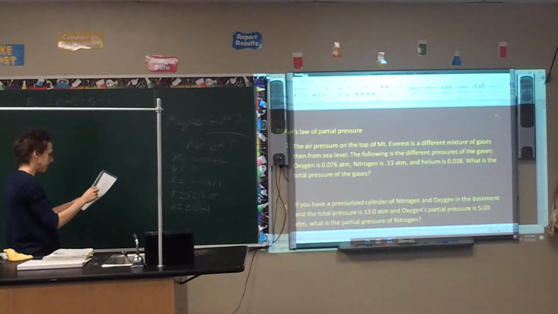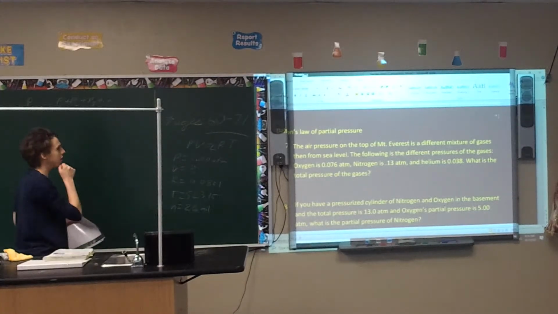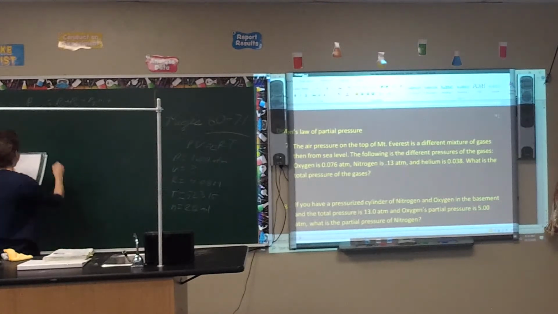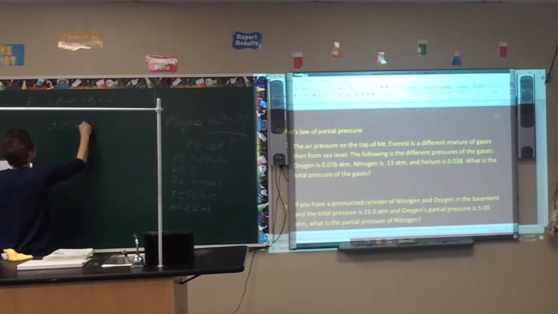Alright, well, since Dalton's law says that you really just add them all up, looking at the pressures, it's 0.076 atm plus 0.13 atm plus 0.038 atm. You just add them all up together. The total comes out to 0.244